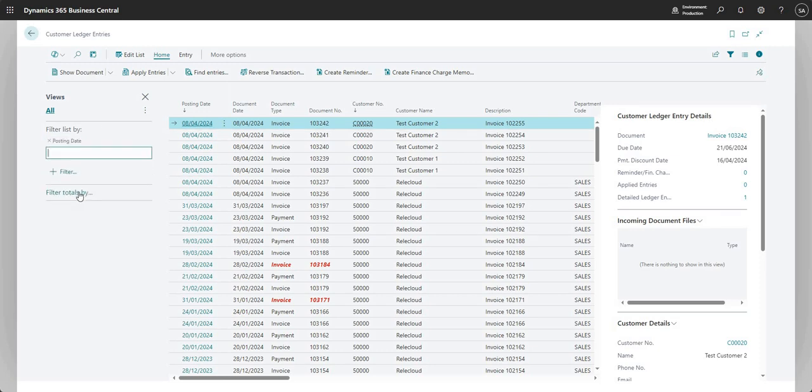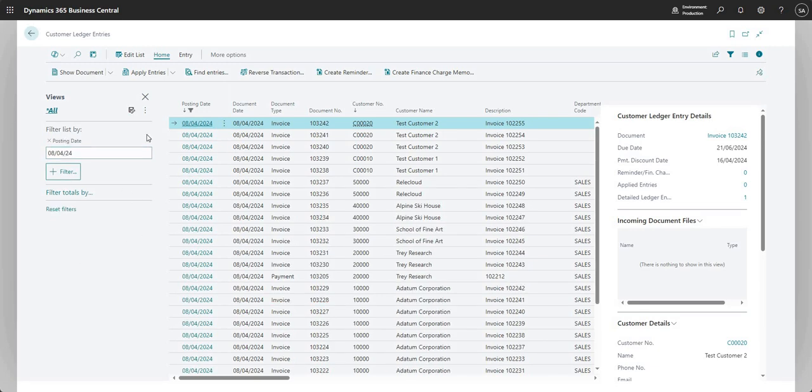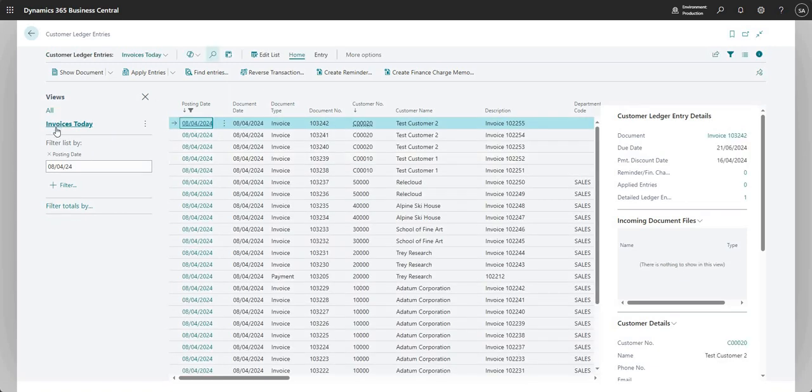If I say posting date is W for the work date, what you can do is share the link of one of your saved views, and that will be a contextual link, so that with your filters, it sends that particular link to the person that you're sharing it with. If I just quickly name this invoices today,